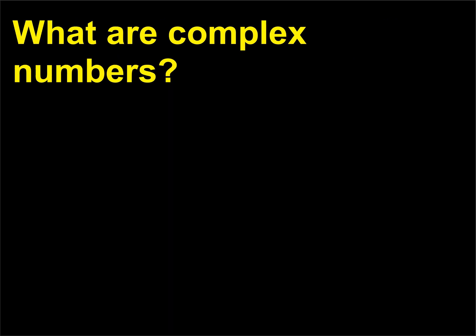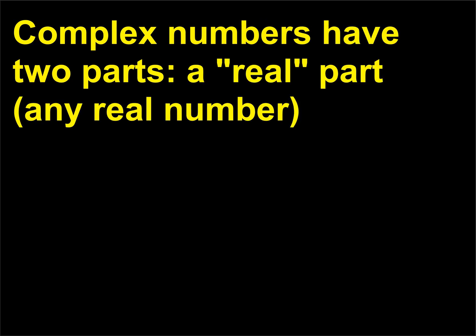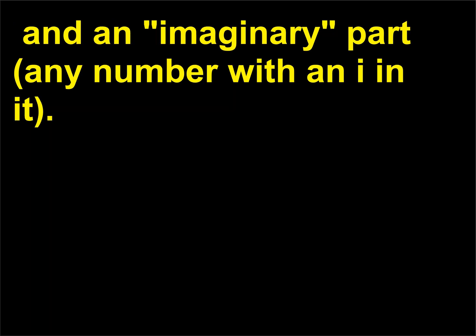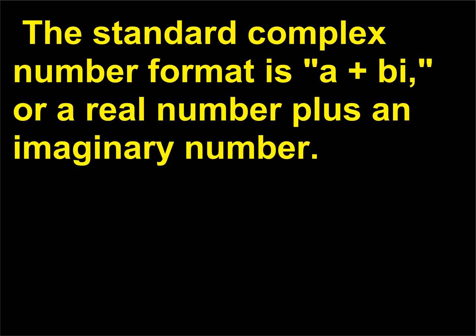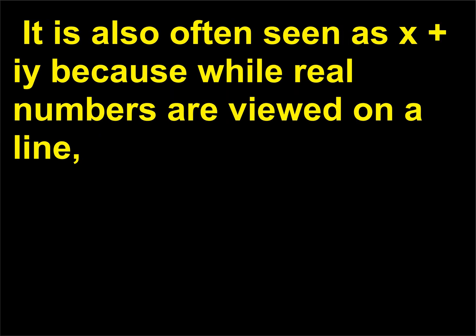What are complex numbers? Complex numbers have two parts, a real part, any real number, and an imaginary part, any number with an i in it. The standard complex number format is a + bi, or a real number plus an imaginary number. It is also often seen as x + yi, because while real numbers are viewed on a line,